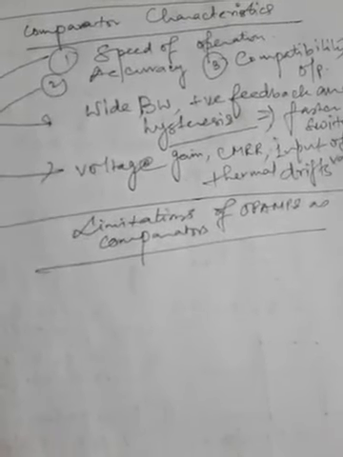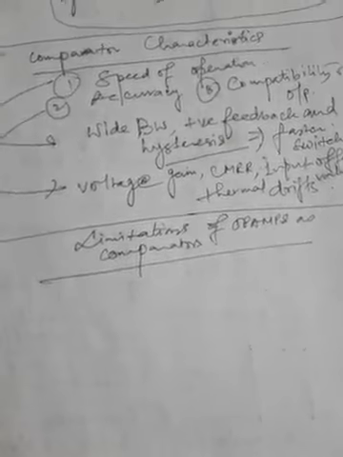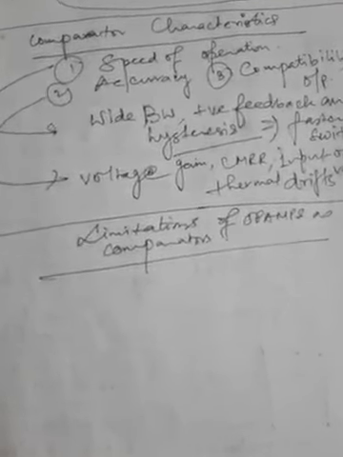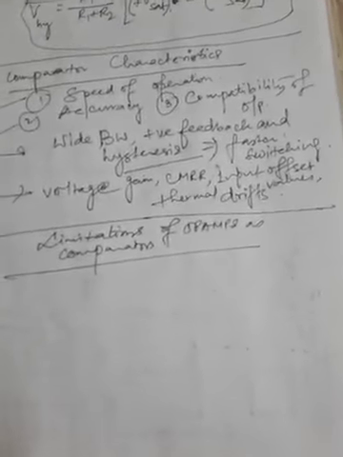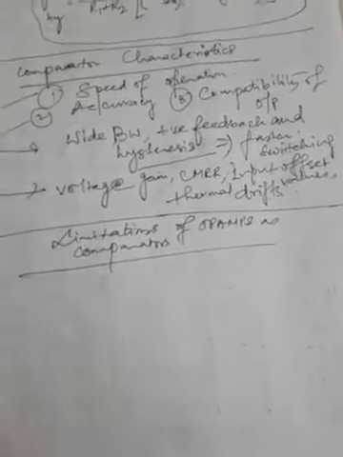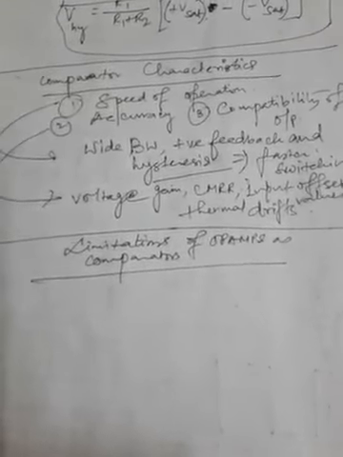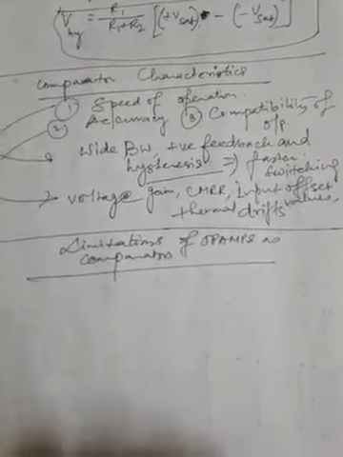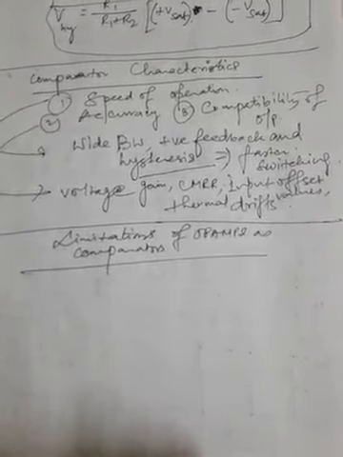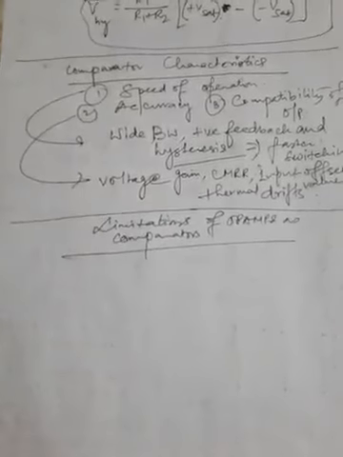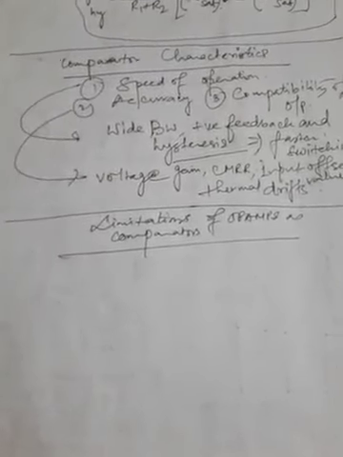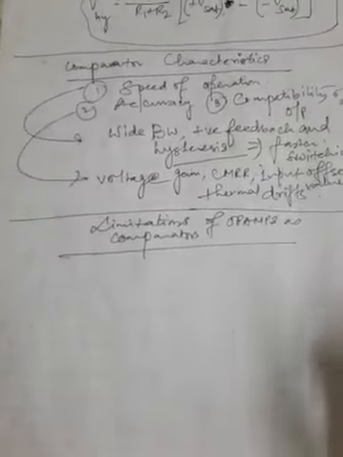With positive feedback, the switching speed of the op-amp comparator can be improved, and false transitions due to noise can be eliminated. We have seen this a little while earlier while discussing the Schmitt trigger circuit. In addition, an offset voltage compensating network and offset minimizing resistor can be used to minimize those problems. The output voltage swing of an op-amp is relatively large because it is designed primarily as an amplifier. In other words, the output of an op-amp comparator is generally not compatible with a particular logic family such as TTL, which requires input voltage of either approximately plus 5 volt or 0 volt.